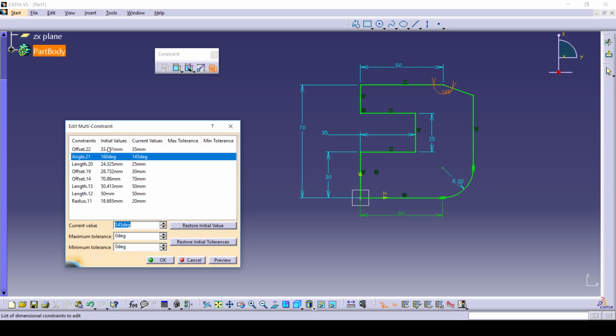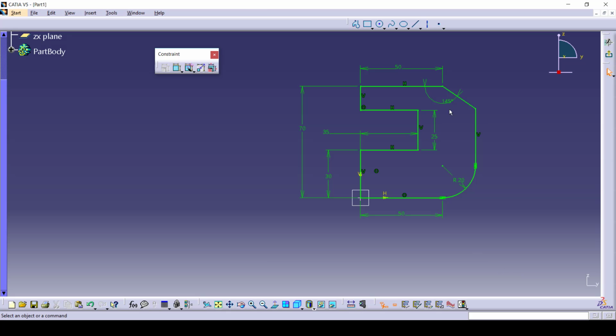So here you can see the initial value was 33.491 and now the current value is 35, which is changed value. If you want to restore the initial value, you can just restore it. Okay. And if I want to change it, I'll just change it. Okay. And give OK. So now I have changed my parameters. Okay. So this is how you will use edit multi constraint.